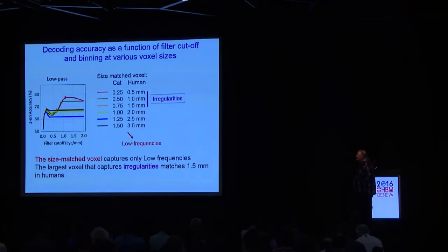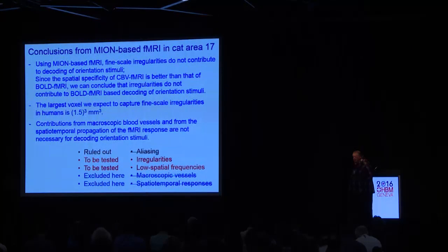What we can see is that the decoding rate remains constant from 0.33 cycles per millimeter to higher frequencies included after the low-pass filtering. In other words, the size matched voxels capture only low frequencies. We were also interested in what would be the largest voxel that can still capture the irregularities domain. This turns out to be 0.75 in cat area 17, which is matched in size to 1.5 millimeter in humans. So we concluded this part of the study by saying that using Myon-based fMRI, fine-scale irregularities do not contribute to